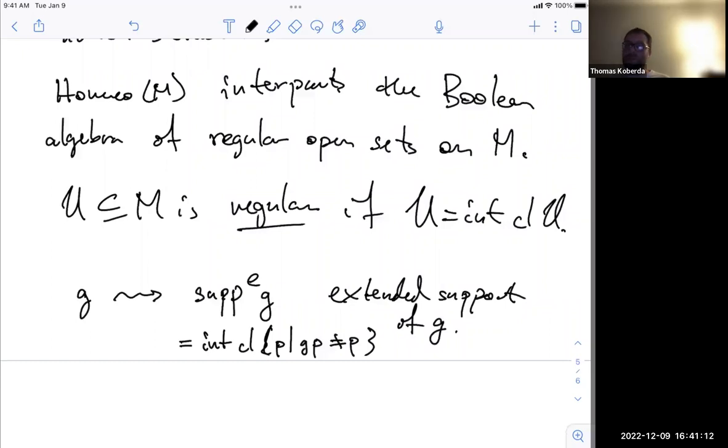To interpret the extended support of a homeomorphism, that just amounts to putting a certain definable equivalence relation on homeomorphisms, which I won't spell out, but the point is that the homeomorphism group knows what the regular open sets in the manifold are in a way that is not dependent on the particular manifold under consideration. So the formulae defining that equivalence relation are uniform among manifolds. Okay, so when you consider the group of homeomorphisms acting on the manifold, you may as well assume that you have access to the regular open sets on M. It is true, by the way, that every regular open set is the extended support of some homeomorphism, and so you do actually get this full Boolean algebra. So that's the first step, and that's something that's, I think, well known from the work of Rubin.